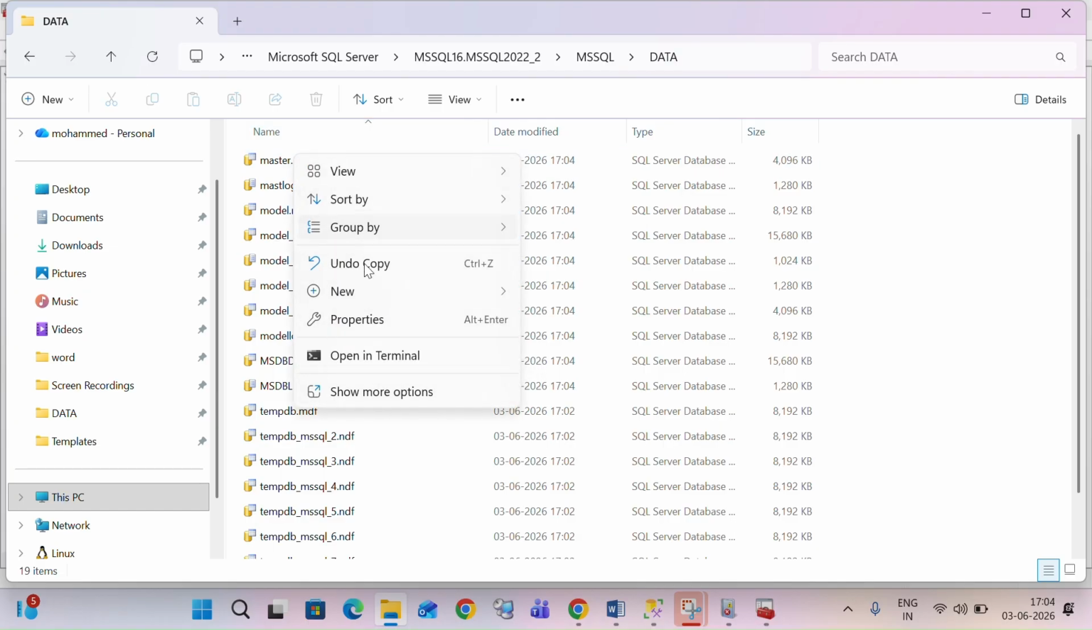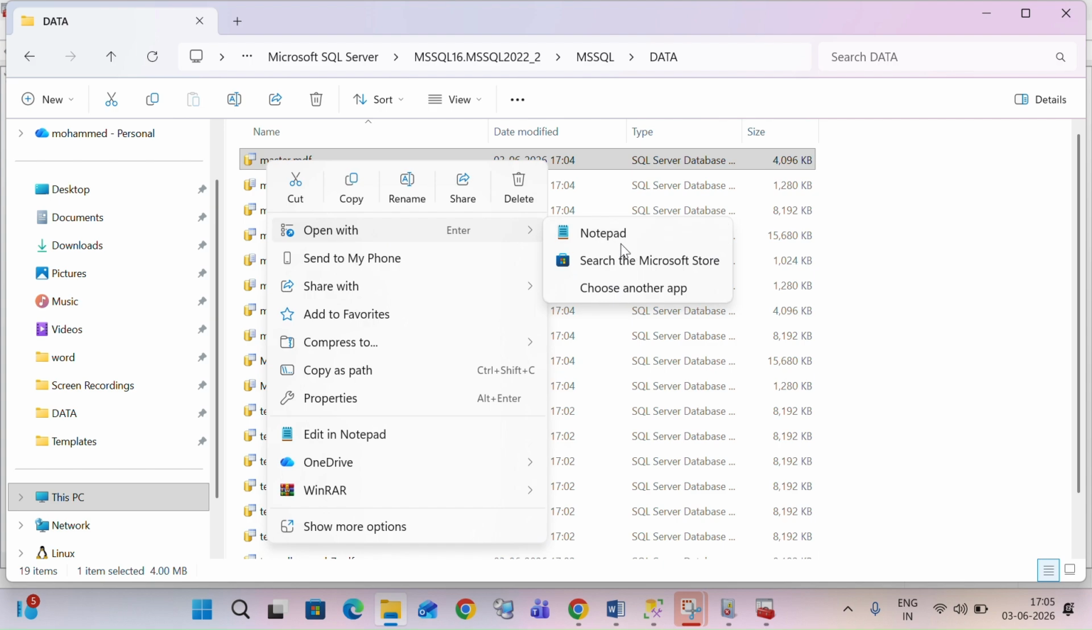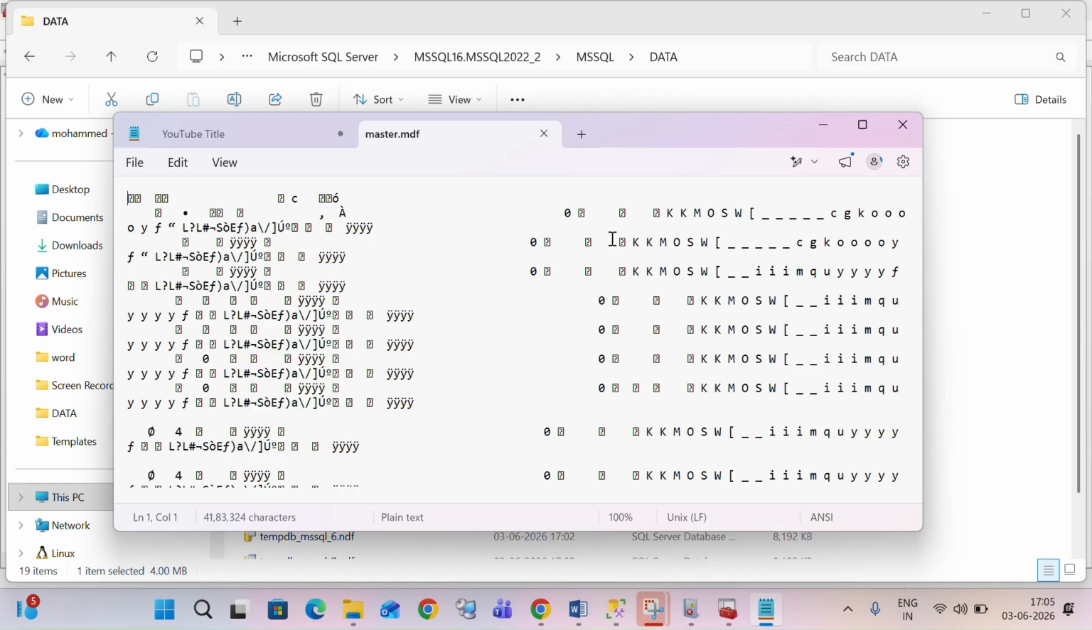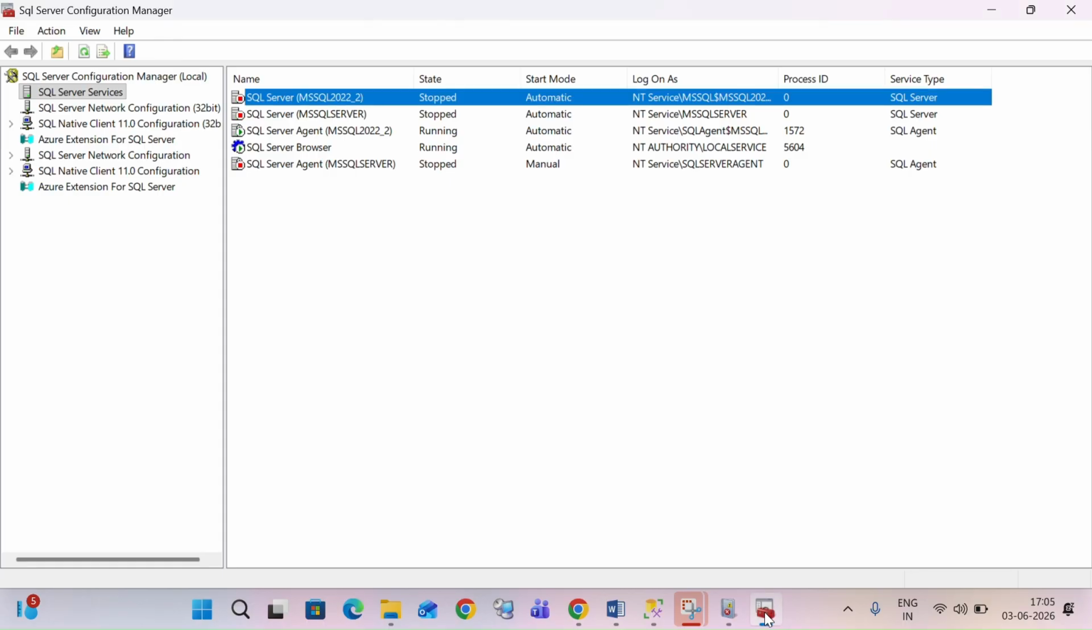You can open with any notepad, open with notepad. Here you can delete something, and we can save it. Okay, once the SQL services are started, now we can, if we start the services, right click start, then the